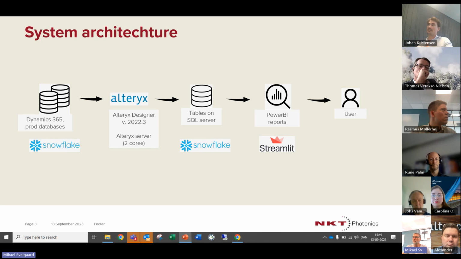So what we will do with the DBT or directly in the Snowflake interface is take some of these tables and join and connect them in a way which will recreate the entities that we have. And what this will give us is a lot more time freed up on the server. That's one thing. And the pace is completely different, given that the Azure database and Microsoft D365 are talking together in a whole different way. So it's just to speed up the processes. So we can then focus on what Alteryx is good for, which is doing analysis on the data that we actually have instead of extracting data, which is doable, but isn't the most efficient way of using Alteryx. So that's the idea behind it.